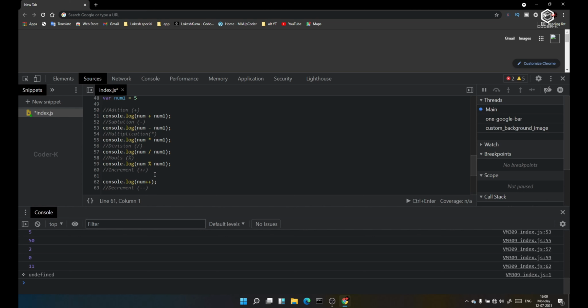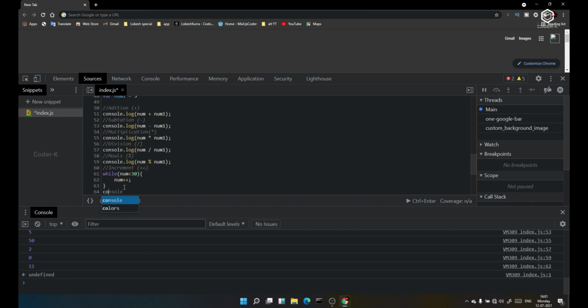I think this is the right time to go further and discuss how while loops work. Let me provide you: while num is less than 30, let me have a 30. While num is less than 30, then provide num plus plus.